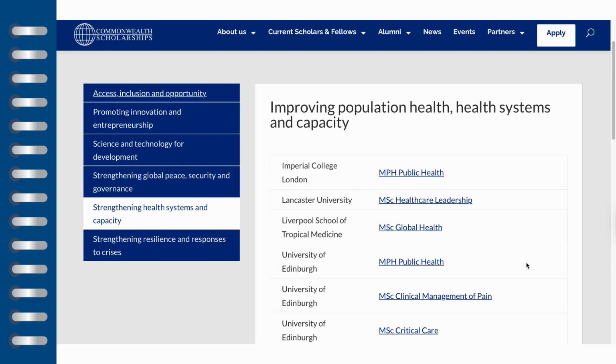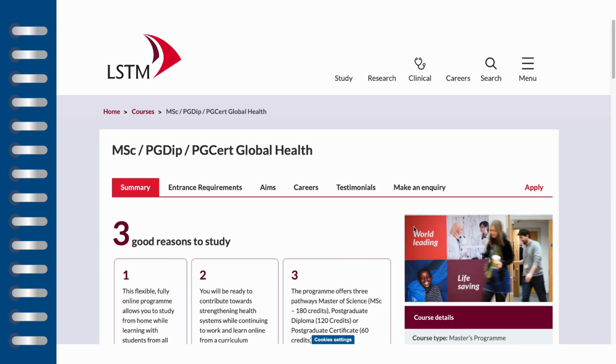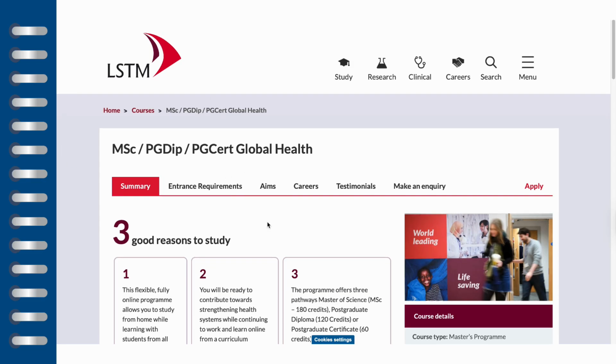So for example, if you want to apply under Liverpool School of Tropical Medicine for Masters in Global Health, you simply click on Masters in Global Health. When you click on it, it takes you to the website for the Liverpool School of Tropical Medicine. And once you land, it will take you to the page for the Master's program. So not the scholarship, but the Master's program itself. Each university website will have a search button, so you simply go to the search button and you type